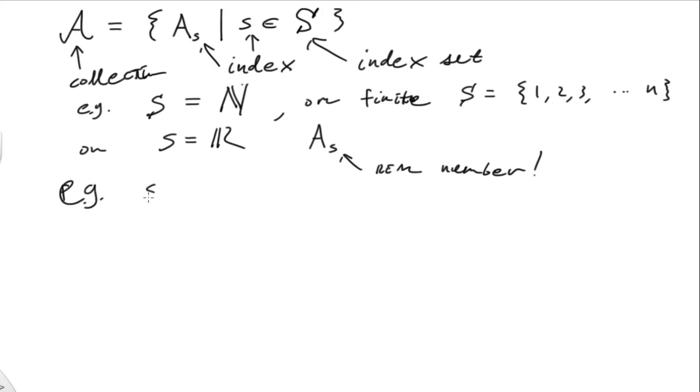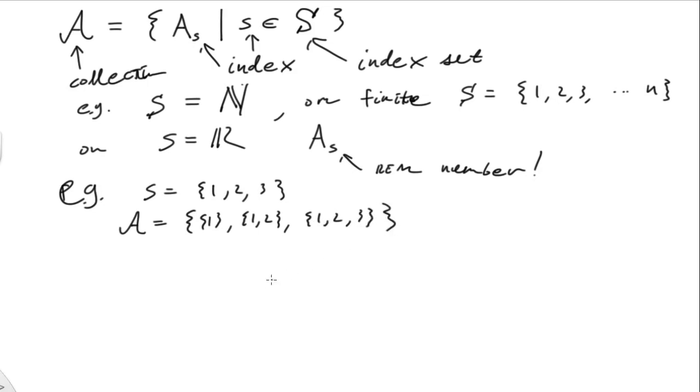Let's now talk about S equal to the set {1, 2, 3}. And of course, our collection of sets was equal to {1}, {1, 2}, and {1, 2, 3}. That's our collection. And of course, we've already computed this, but another way to write this, if I want to write this with an index now, I can write it like this, but now I can also write it as